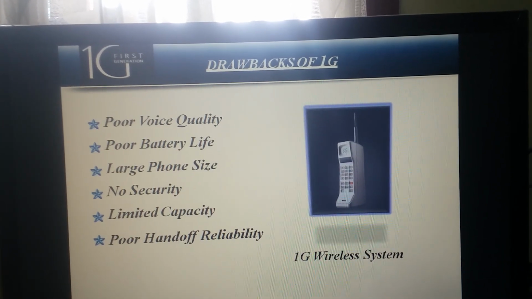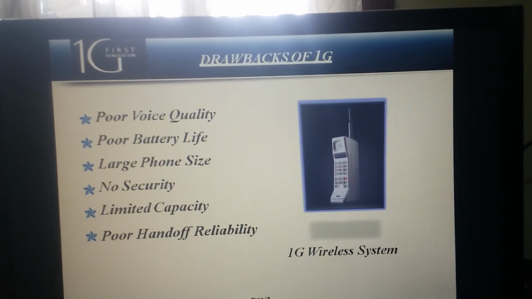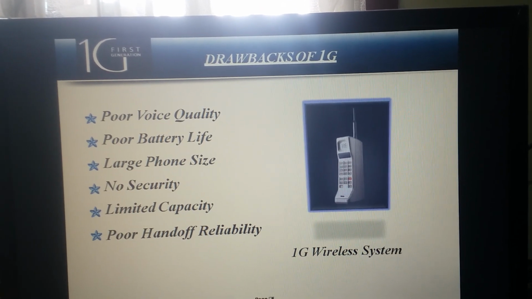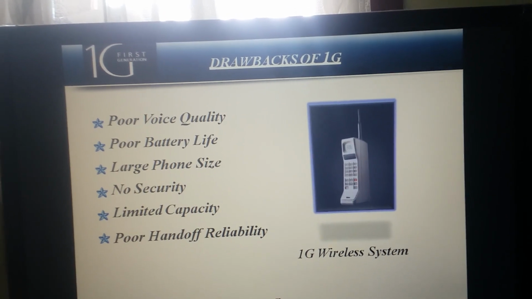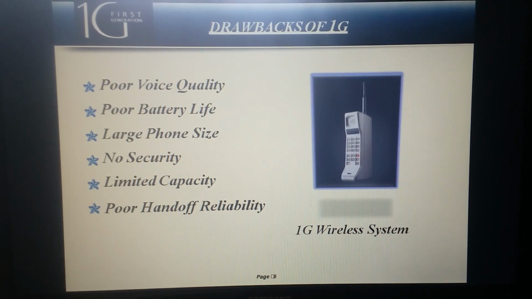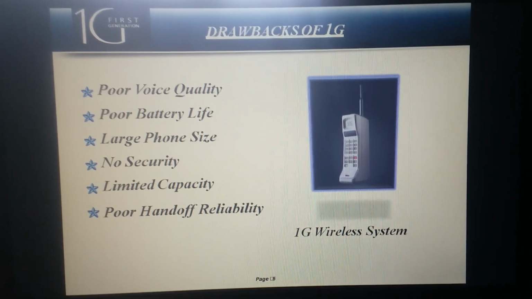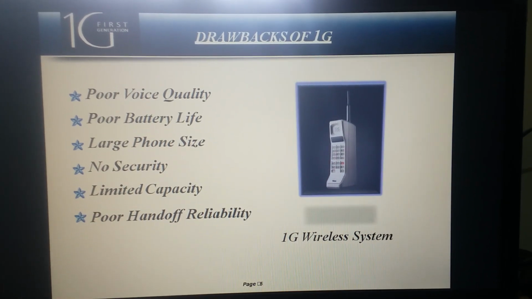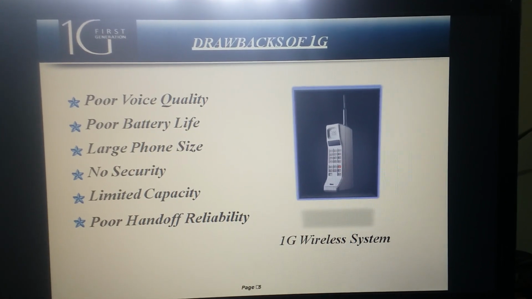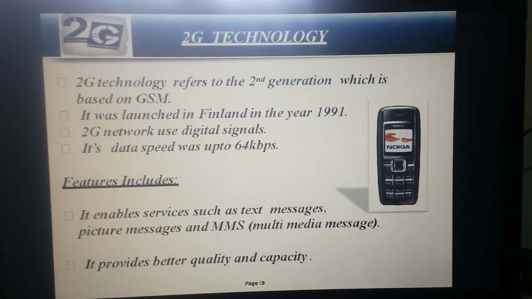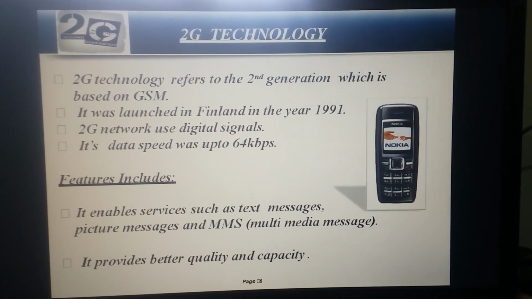Next comes the drawbacks of 1G. The drawbacks of 1G are poor voice quality, poor battery life, large phone size, no security, limited capacity, and poor handoff reliability. Since it was generated in the early 1980s, we had no such facility to enhance communication worldwide. So, these are the drawbacks of 1G, and then they launched 2G technology, which is the second generation based on